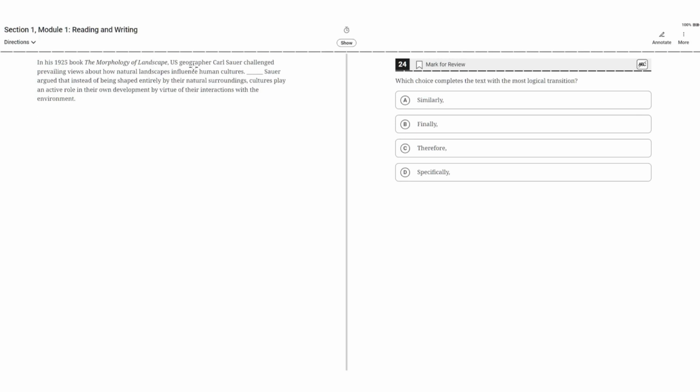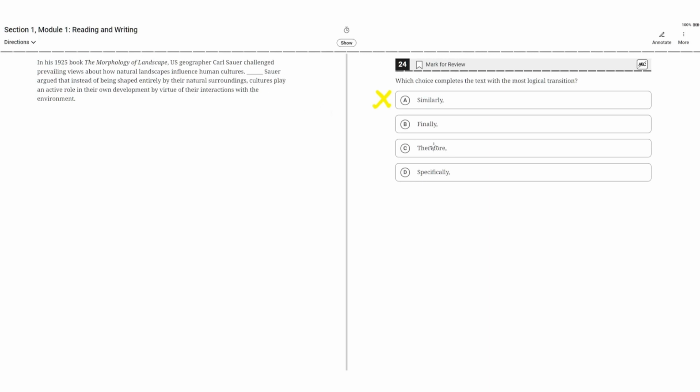So the first sentence here highlights how Carl Sauer challenged prevailing views. The second sentence goes into specifics about what his argument was. So the transition word between these two sentences must emphasize the relationship of these two sentences. A. Similarly. This is incorrect because similarly would imply that the second sentence is similar to the first one, but it's separate from it, which it is not, because the second sentence goes into the specifics of what was said